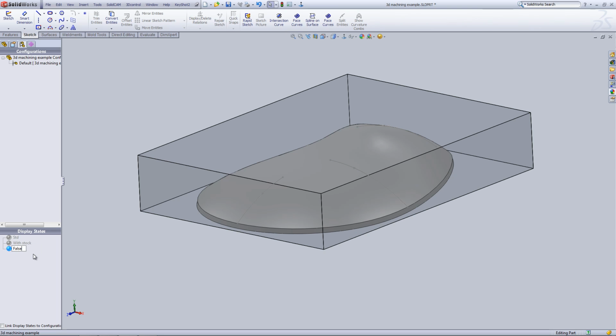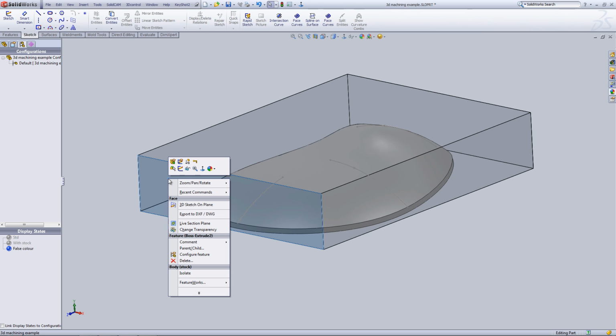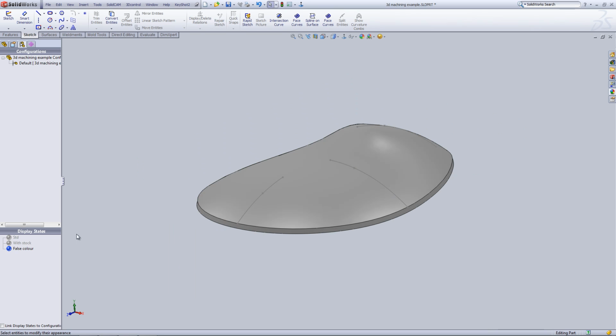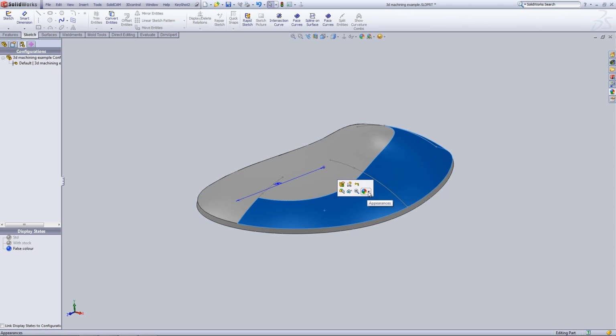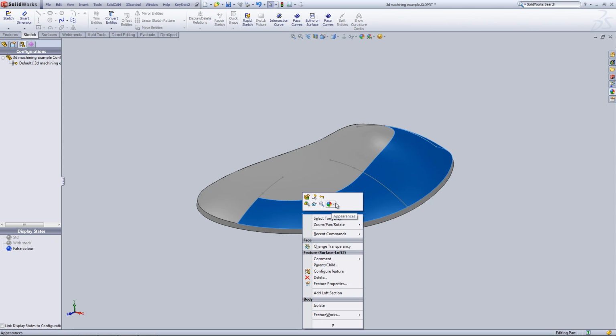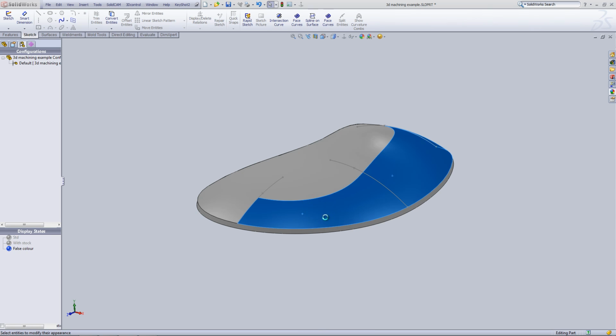So let's add another display state in here. Let's call this one the false colour display state, and again the program automatically drops you into the newly created display state. So if we just right click on the stock and hide, and then we can start changing the colours on the part. So you right click on a face, get into the appearances menu here, and we only want to affect this face. So if you click on face there